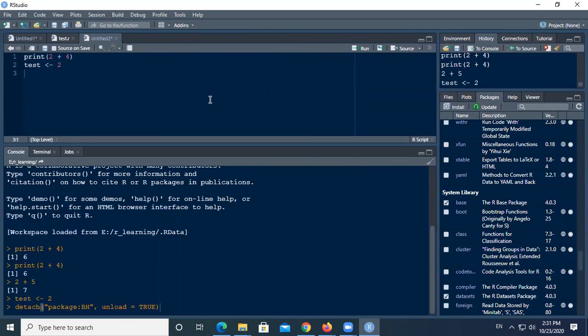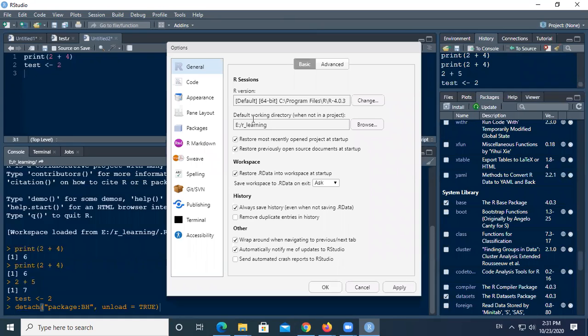The other important point which I want to share is the customization of the appearance and setting up the default working directory. So those options are available under the Tools section in Global Options. In the General section, you will find the default working directory. By default, this directory is used to store all your workspace and data files and the scripts which you will be creating through RStudio. You can override this, and I will show you how to do that. But by default, this will be the location, right?